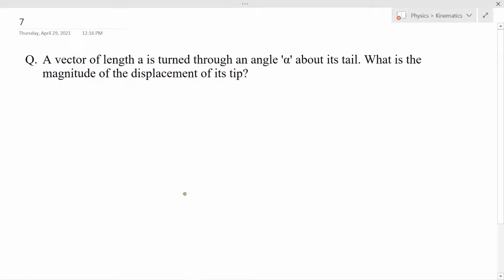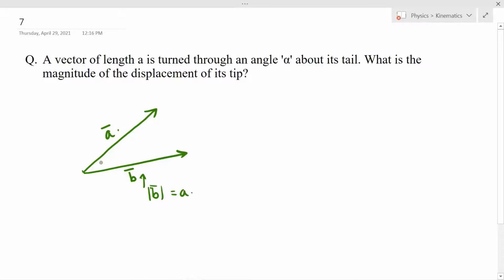A vector of length a is turned through an angle alpha about its tail. What is the magnitude of the displacement of its tail? So there is this vector whose length is a, that is the magnitude is a, and it is turned through an angle alpha about its tail. So this is the tail, and I will turn this vector like this about its tail. So this is vector a bar, suppose, and this is vector b bar, with the same magnitude as the initial vector. This vector's magnitude is a,